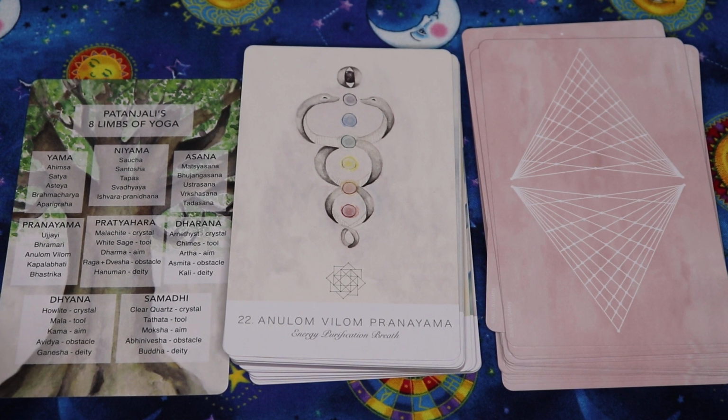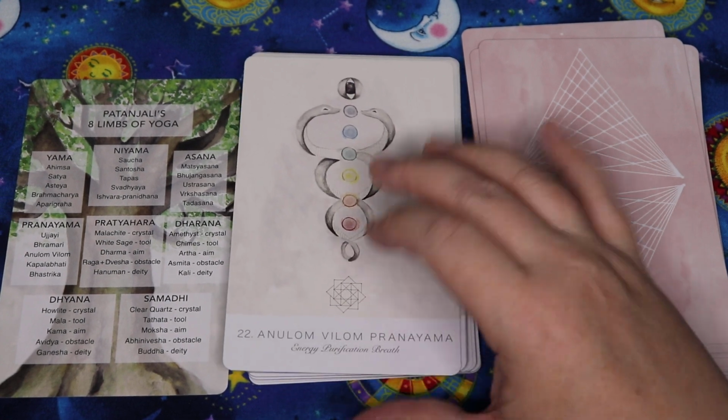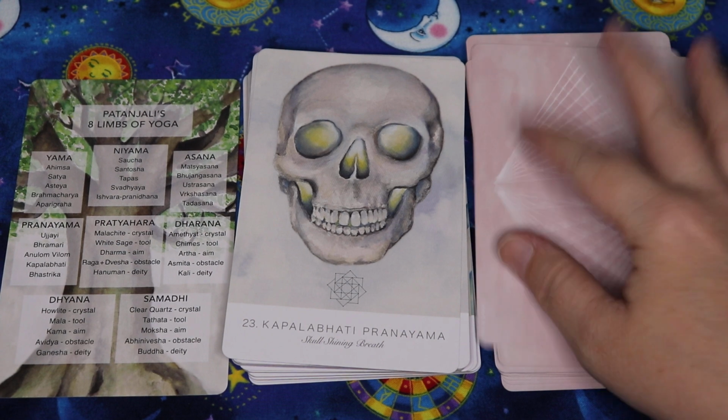With your right hand, bring your pointer finger and middle finger to rest between your eyebrows. Take a deep breath in and out through your nose. This is alternate nostril breathing. I think it's alternate nostril breathing, which I thought there was another name for that. Yeah, I think that's what that is. It's a really, really great breath. But I just didn't know its Sanskrit name, which is telling because, well...